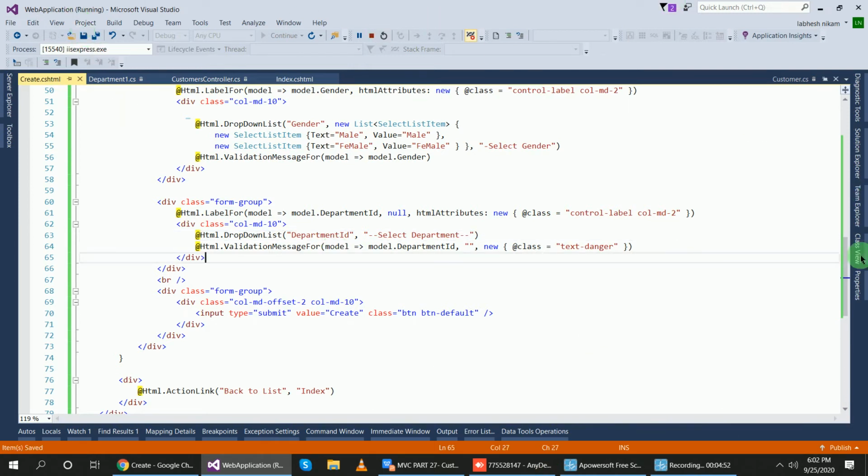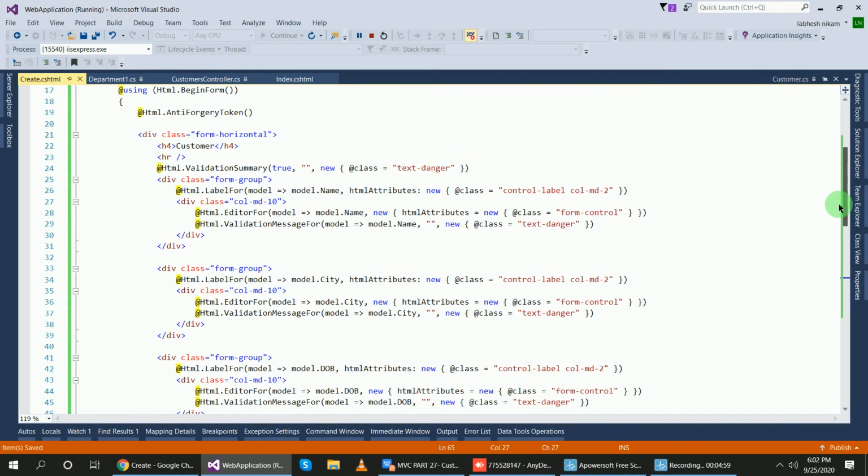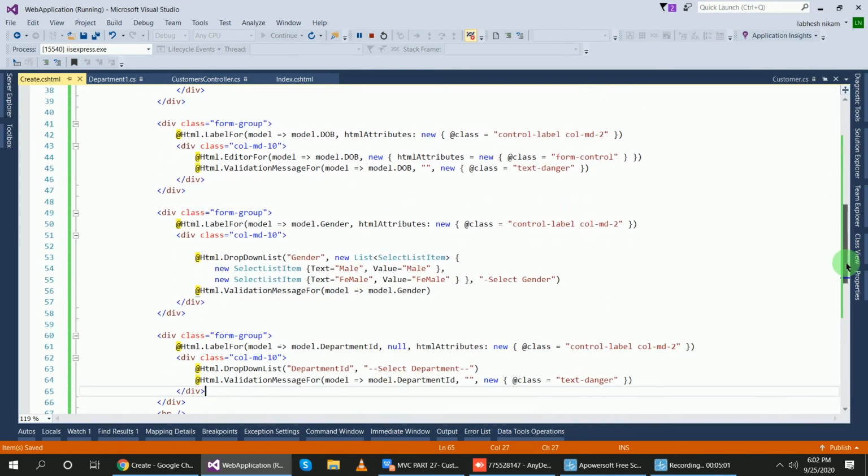First I changed the font. Inside gender I have created a list of items, and inside department I have removed that empty string and put the select department string.